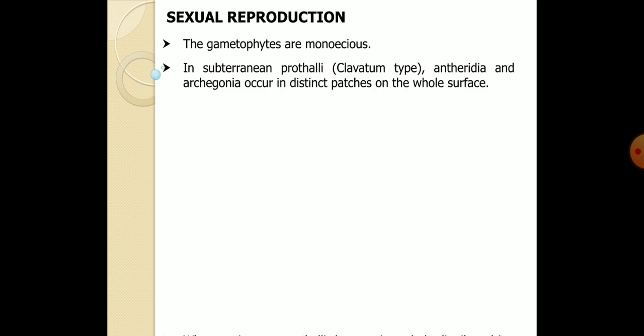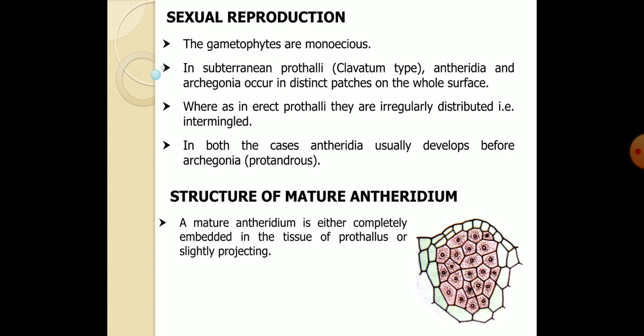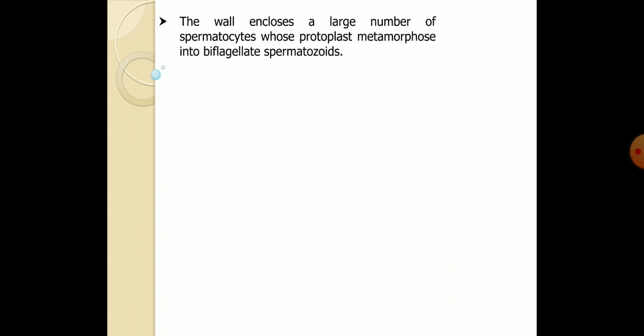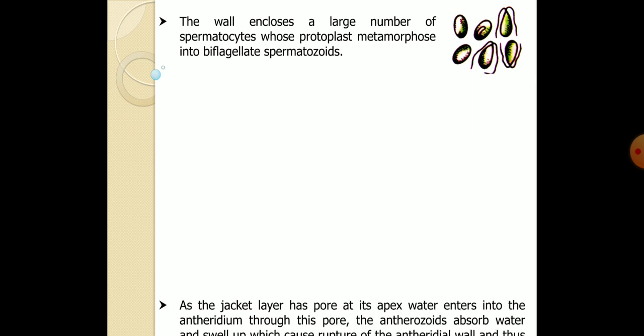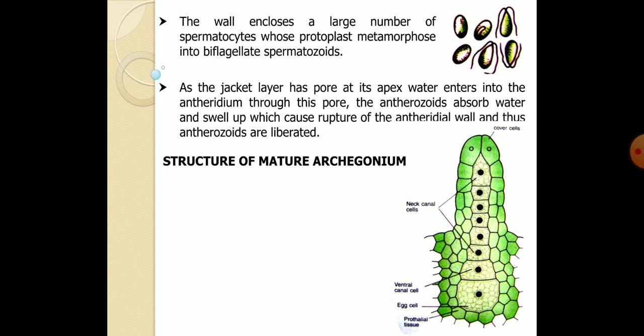Coming to the sexual reproduction, that's by the gametophyte process. Usually gametophytes are monoecious in nature, and subterranean prothalli produce the antheridia and the archegonia. Coming to the structure of the antheridia, the mature antheridium is usually highly compact, and they consist of the prothallus slightly projecting, with an operculum region, and the walls enclose a number of spermatocytes. And this is the structure of the spermatocytes, and they have biflagellated spermatozoids, and this is the mature structure of the